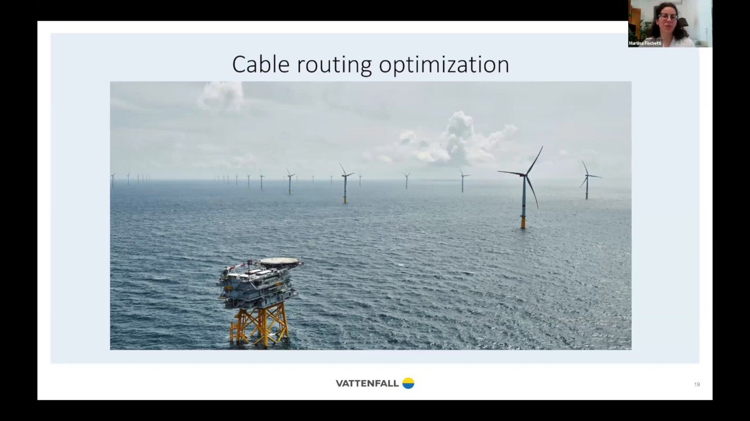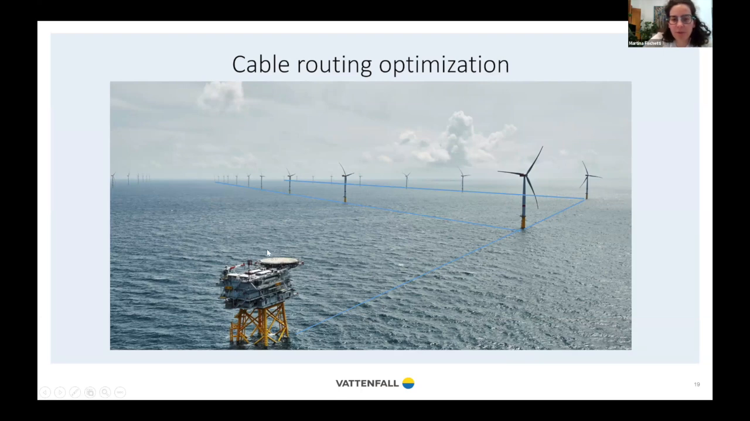So now we have located the turbines in the site and we want to transport their energy from the turbines to shore. So here the challenge is how do we connect these turbines to do this? In practice, what happens in reality is that in offshore wind parks, you have what is called an offshore substation